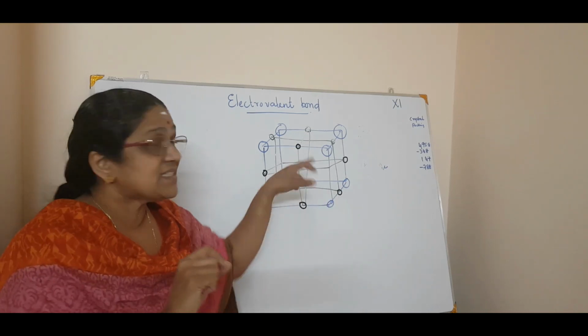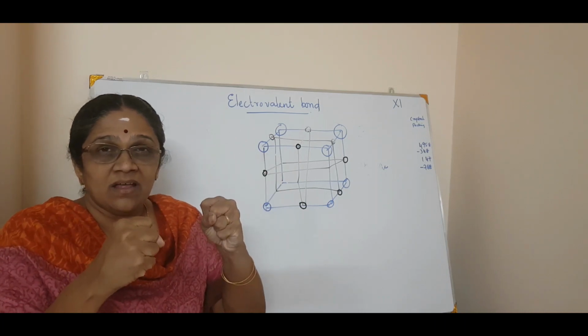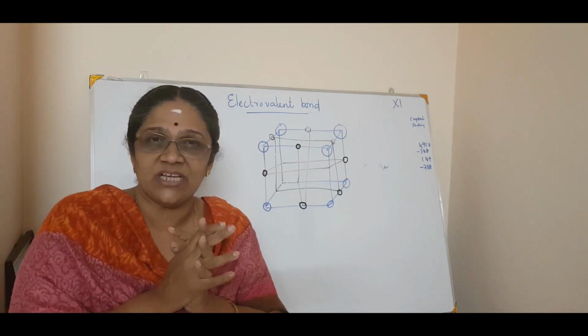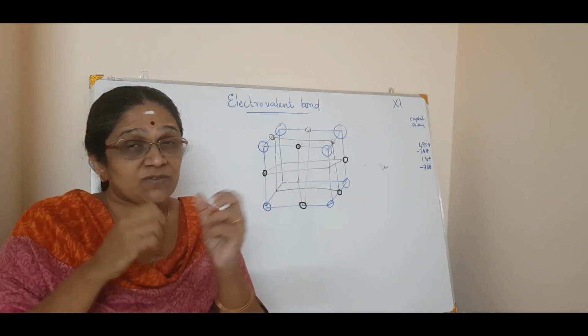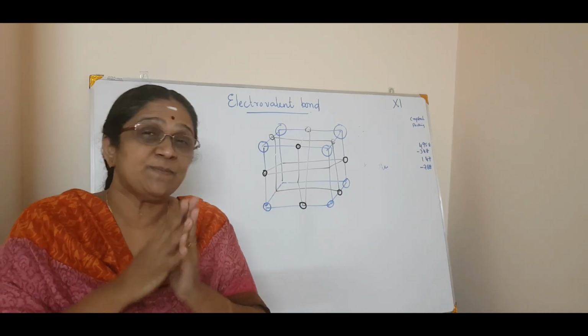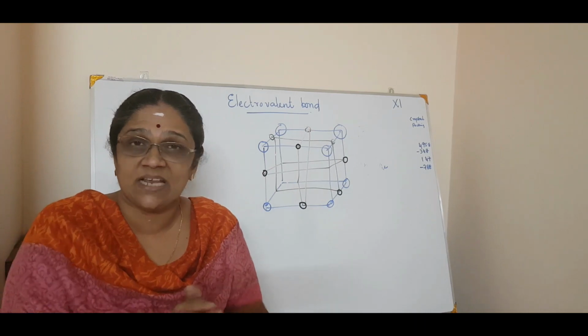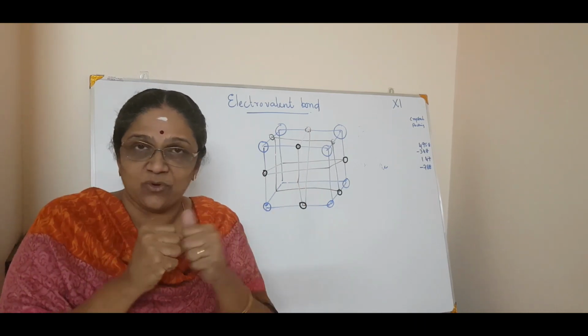So when the gaseous sodium ion and chloride ion combine, there are so many factors in this combination. It must go through the repulsive force of Cl- and Cl-. It must go through the repulsive force of Na+ and Na+. There are so many Na+ and Cl-. And at the same time, there are cases where attractive forces are there.